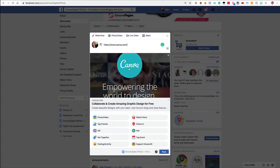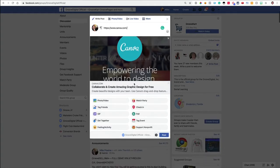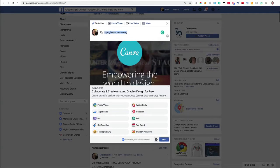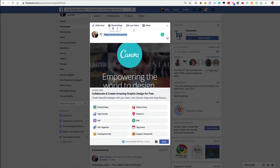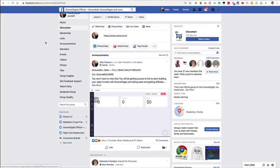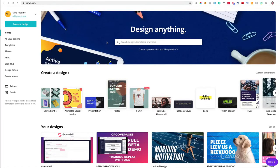Well, we'll notice they have a different logo here. Their brand here, it says empowering the world to design, and then it says some text that you didn't see on the website. Create beautiful designs with your team, use Canva's drag and drop feature, etc. So this is how you can control what happens when somebody puts in a link. Now I'm going to give you a little tip. The reason why I use Canva is because they're a great design tool. So let's head on over to Canva and let's actually see which